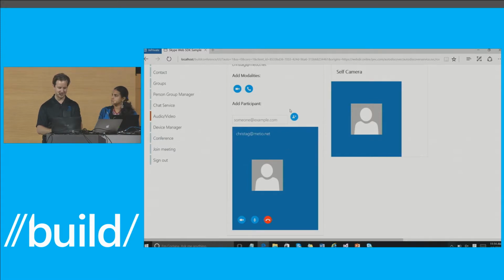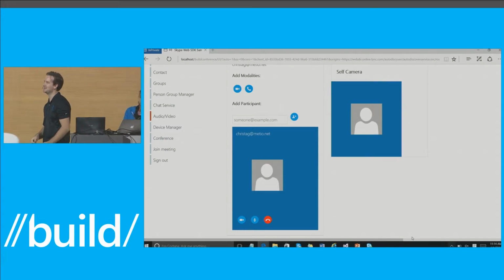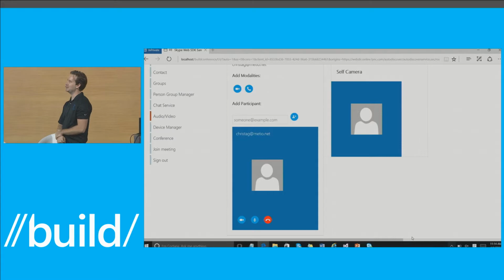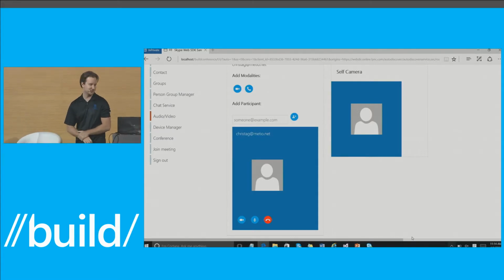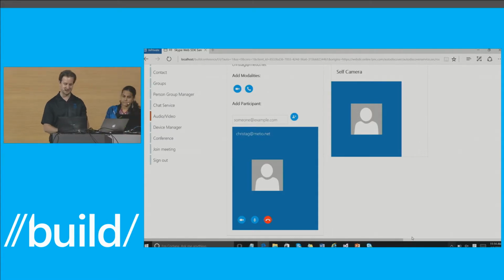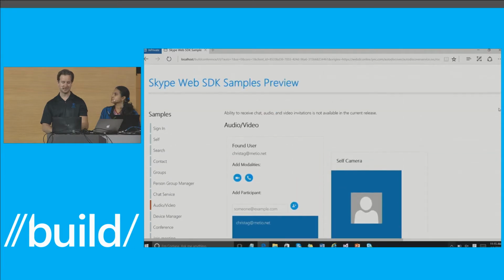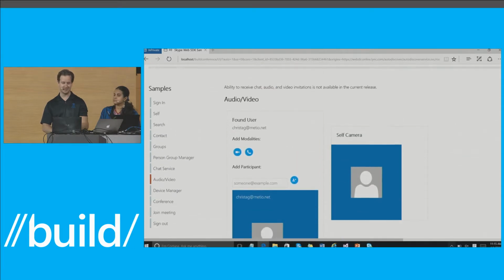Let's try to do that again, and let's try to initiate that video chat. And so we'll give it a second this time. It looks like it's slow over this network, but Shree should get the video toast now coming in for this conversation. And let's see if that comes up. All right, this is cool. So I'm going to try one more time, and let's see if we can